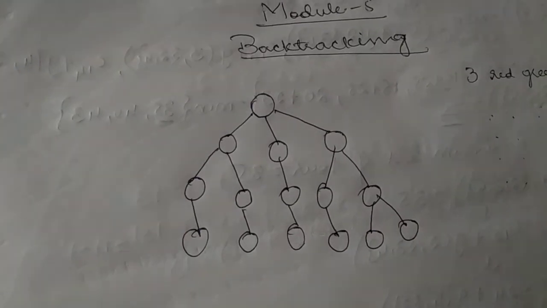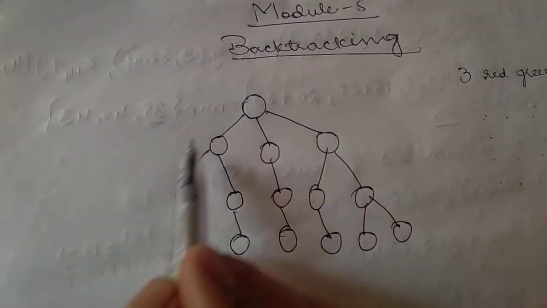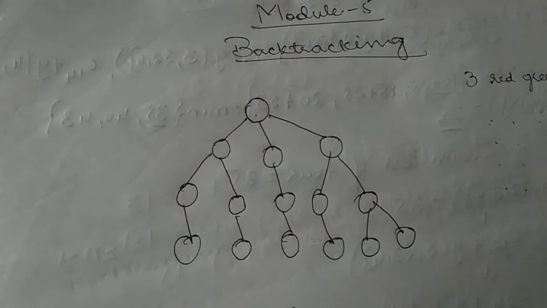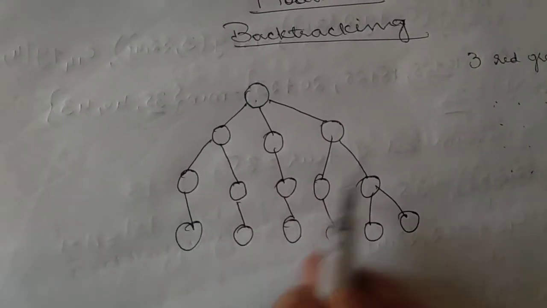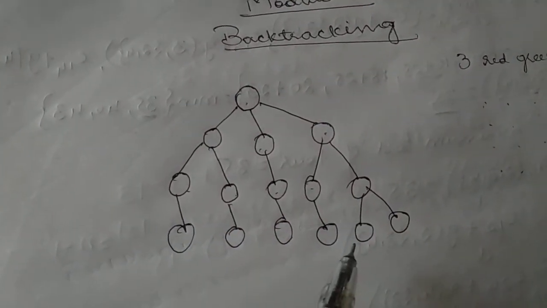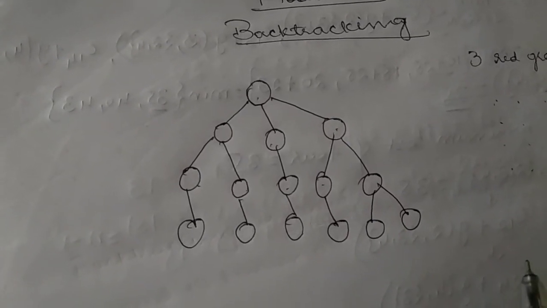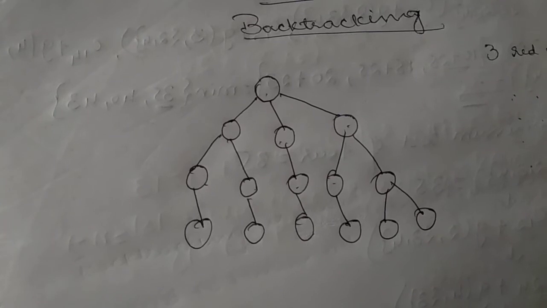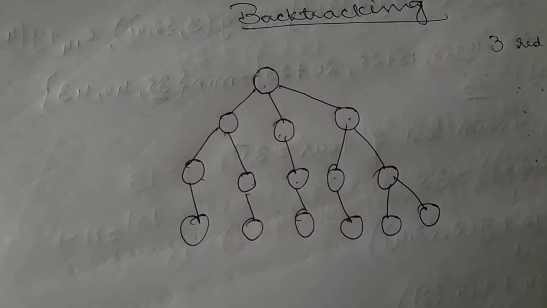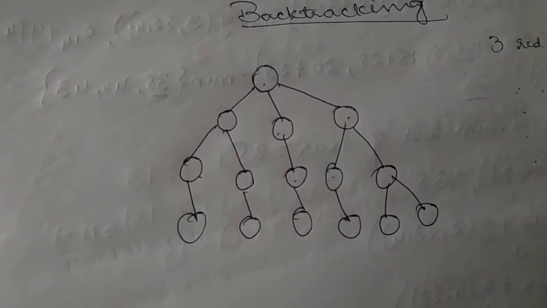Here the principal idea is to construct the solution for one component at a time. These are the solutions for only one component. Then you have to evaluate the partially constructed solutions. See, the inner nodes will represent the partially constructed solutions. How do you evaluate this? If the partially constructed solution can be developed further without violating the problem constraint, it is done by taking the first remaining option for the next component. What is the meaning of that?